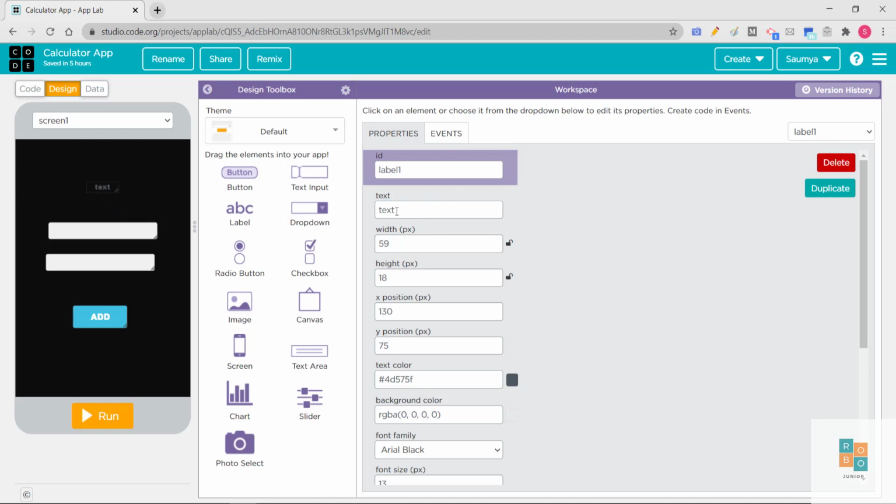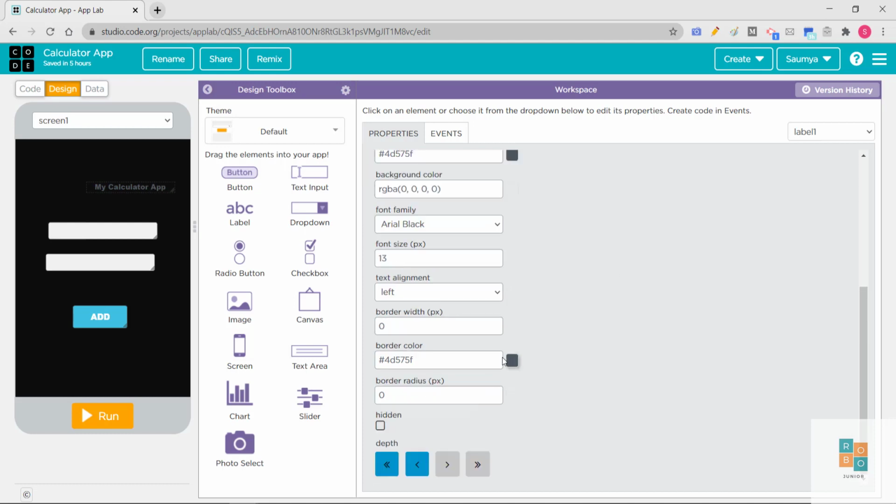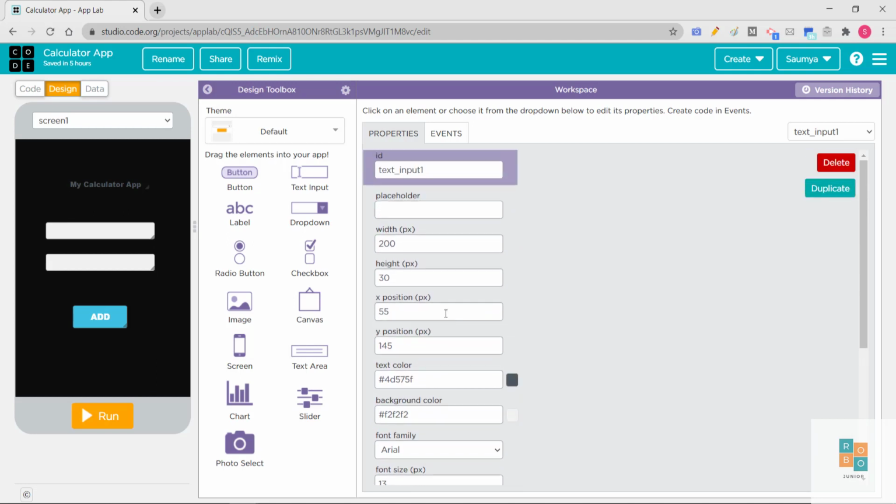On this label, we will write my calculator app, right? And we will make its orientation correct by dragging and dropping it at the correct position. We can do it manually from the properties section also. Here you can see there is position, X position and Y position.